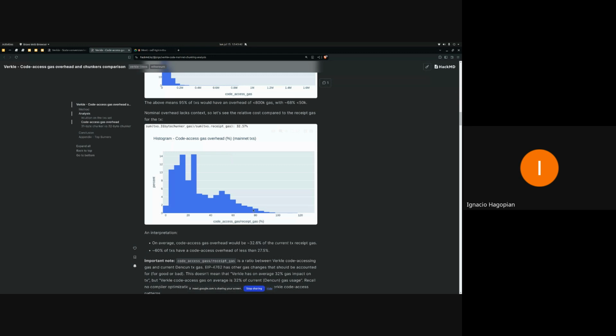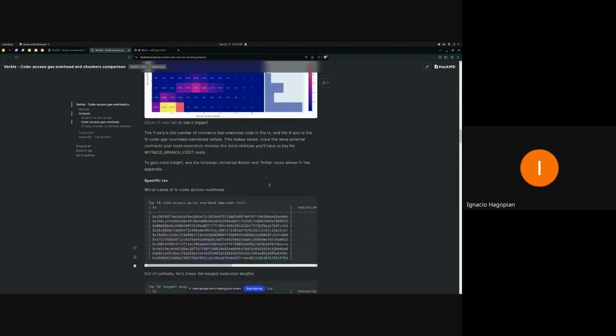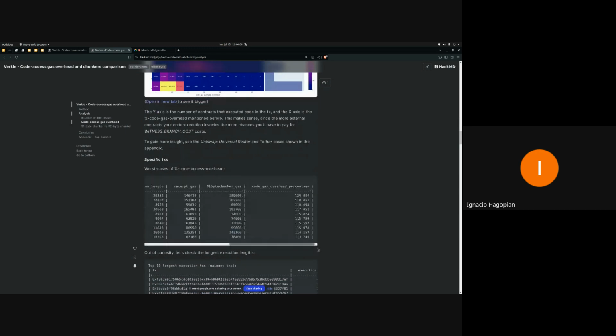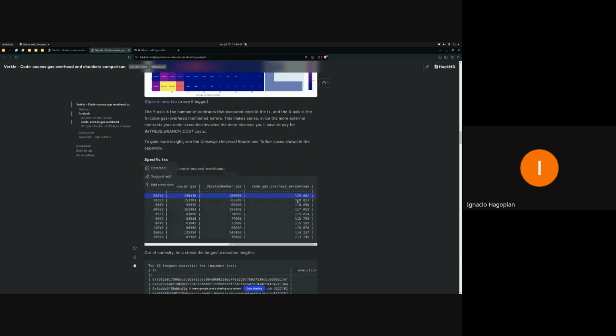You have here a histogram that really shows how many of them will have like a 20% overhead. Maybe there are others that will have an 80% overhead, but it's not really that many, things like that. I also show here worst case scenarios that I found, like there is a transaction that has 130% overhead.